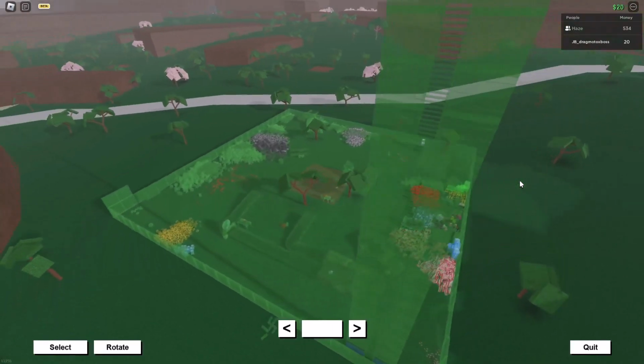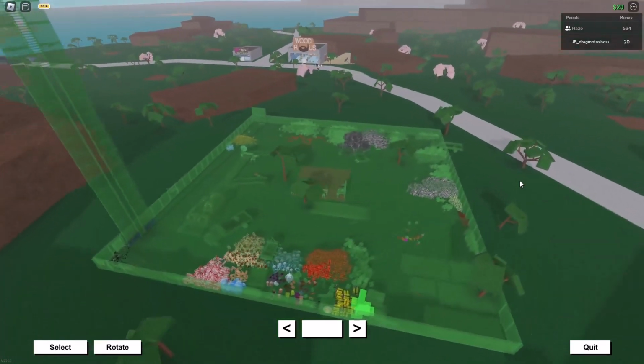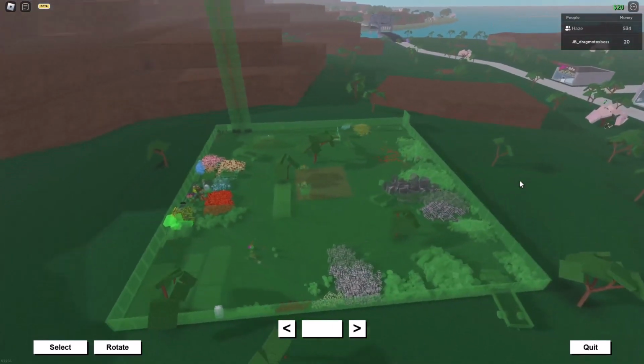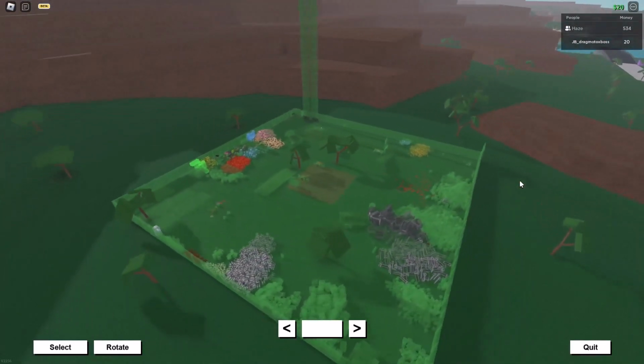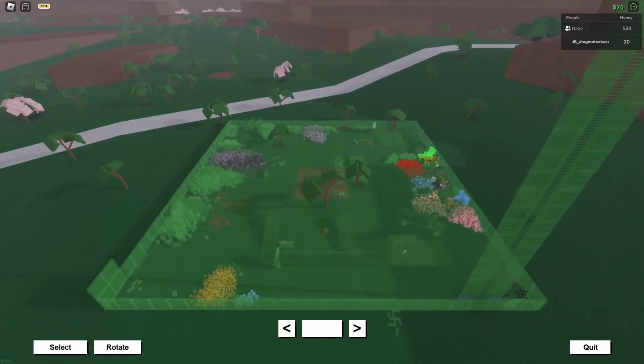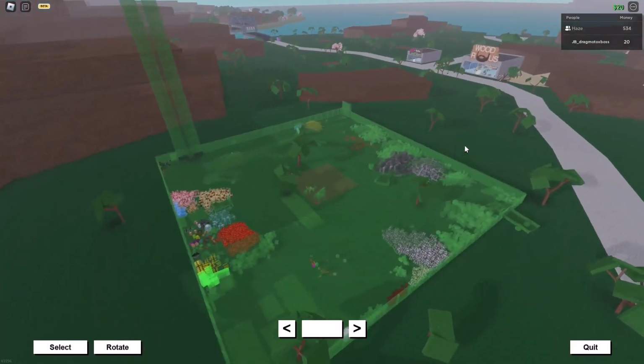So, Electrotech apparently made a video called The Best Way to Grind in Lumber Tycoon 2. And I think that I need to follow in his footsteps to also spread the word. And plus, I get Icewood all the time, so why not? Yes, this is about getting Frostwood, alright? And he actually did a couple things that I didn't think to do, so I have to give him credit